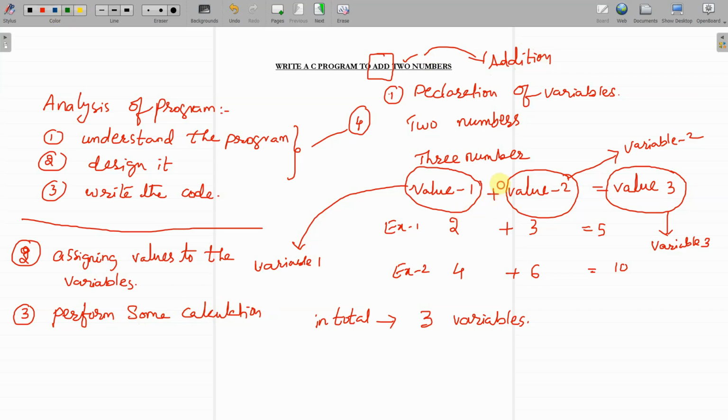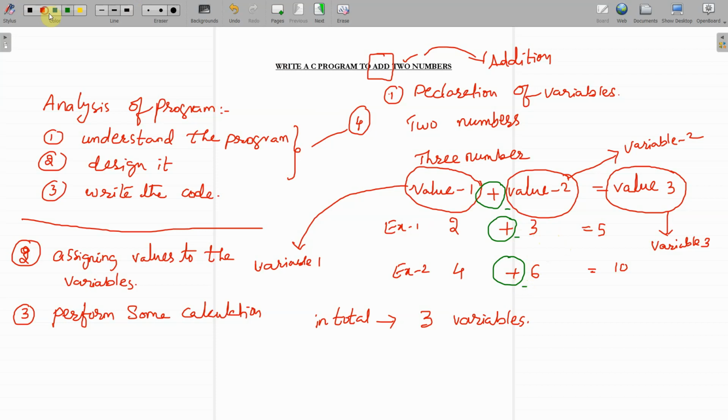So here, see here, this is the operation I am going to perform. This is the operation, or we can call it a calculation. This is the calculation I am going to perform. Suppose I take subtraction, then it will be minus, right? In this way, based upon the task we are being asked, we will decide what type of calculation we will be performing.